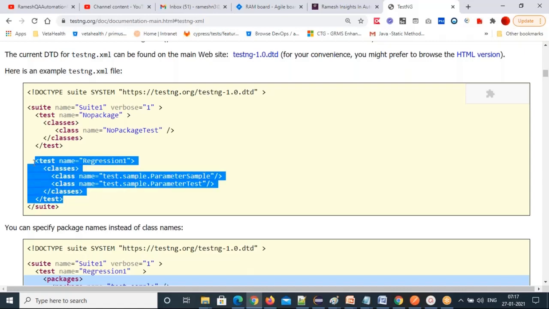Then it will go to after test annotation. So that means this before test annotation is repeating for every test tag. After the test tag completes, then the cursor is going to after test annotation. This is the before test and after test.